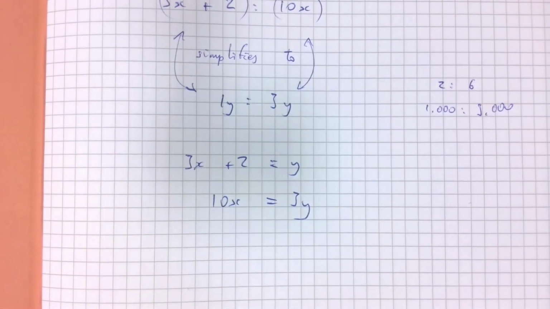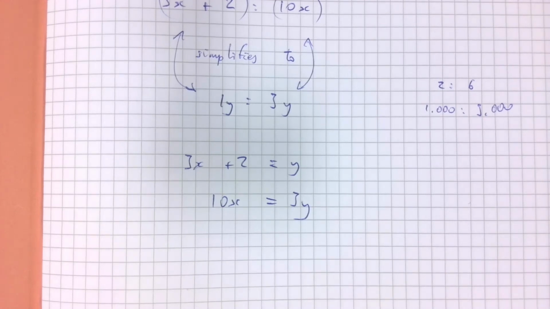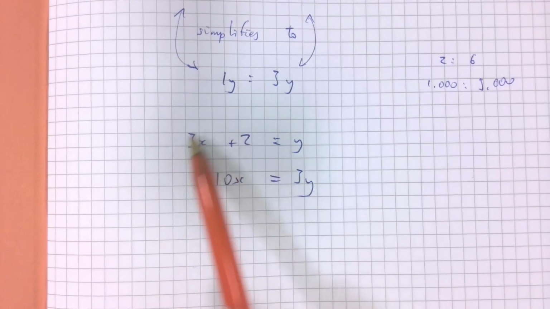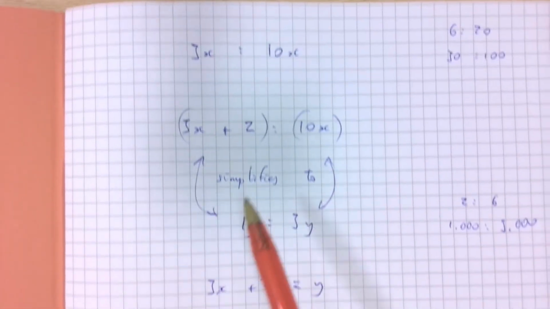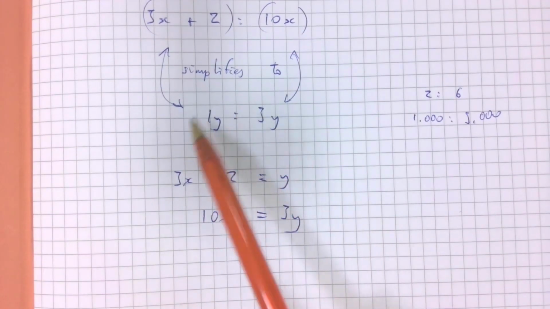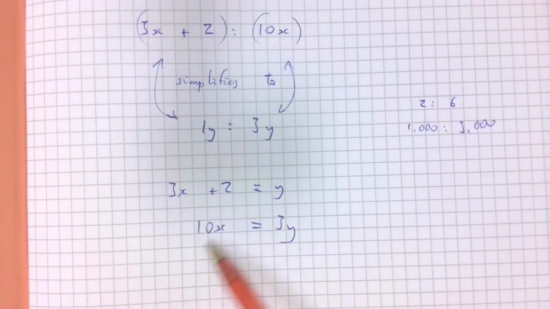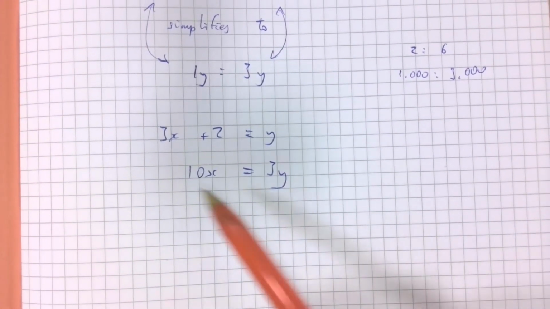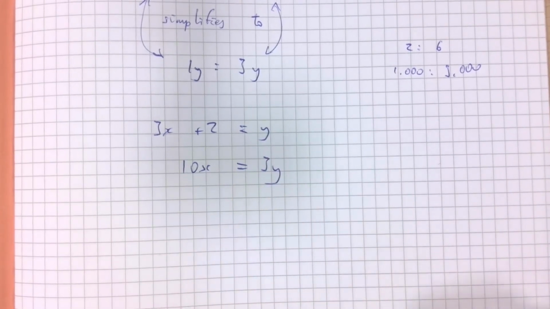Now at this stage, I've introduced some fairly complex algebra here to represent this problem, but it is a fairly tongue-twisty, brain-scrambly problem. This is the best way that I've been able to figure out to represent it. This represents the first number in the first ratio that we had, and this represents the first number in its simplified form. This represents the second number in the ratio that we had at the beginning, and this represents its simplified form as well. It makes sense that they're equal to each other. We solve these